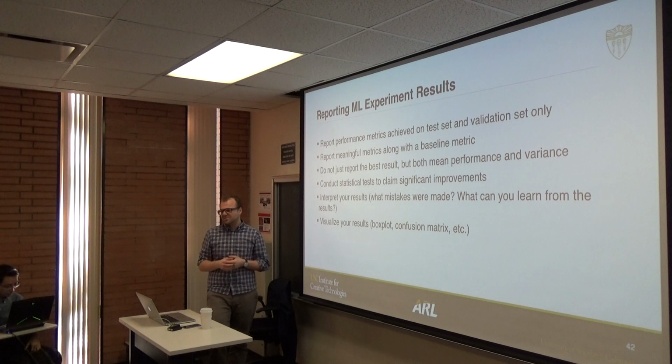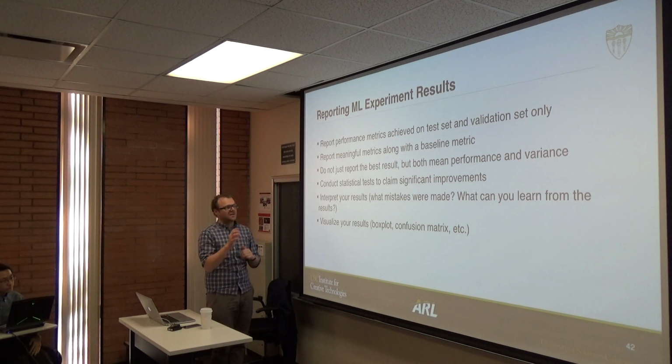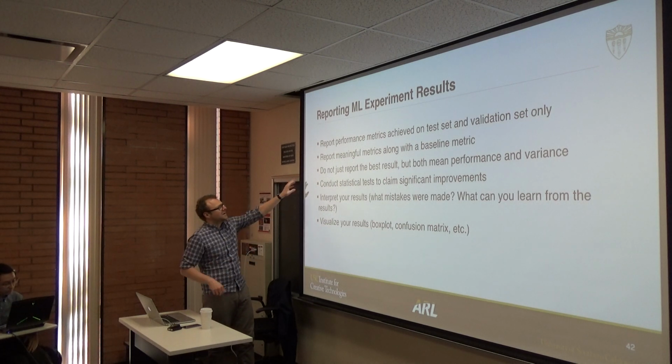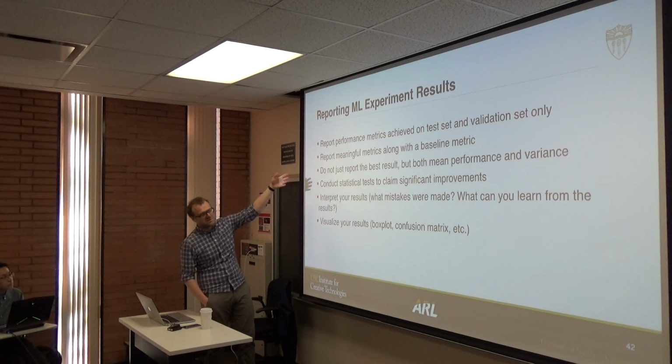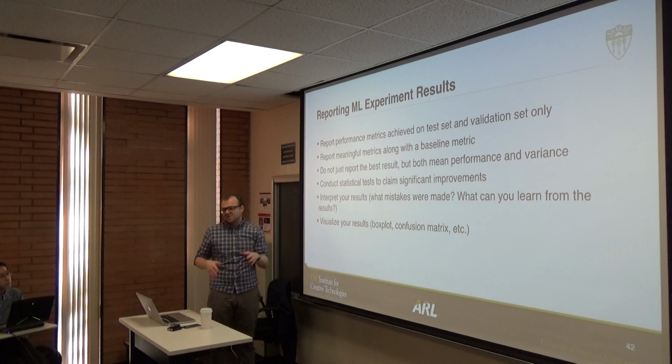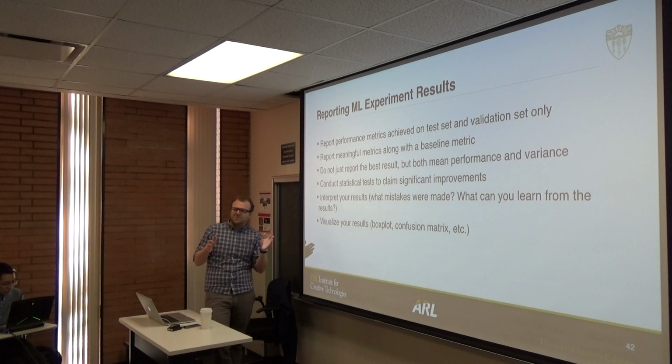And the baseline metric could also be a simple classifier, like a k-means, like a nearest neighbor classifier, or I don't know, a simple naive Bayes or something like that. Okay, so think about baselines. And then we don't just report the best result, but both the mean performance and the variance of the performances. So we would report the F1 measure that we got, but also the average of the multiple runs